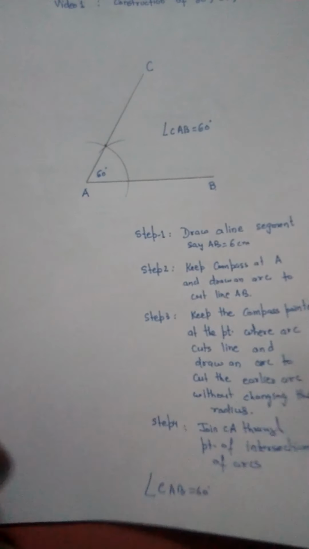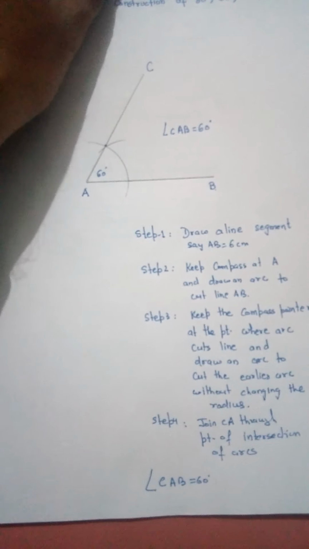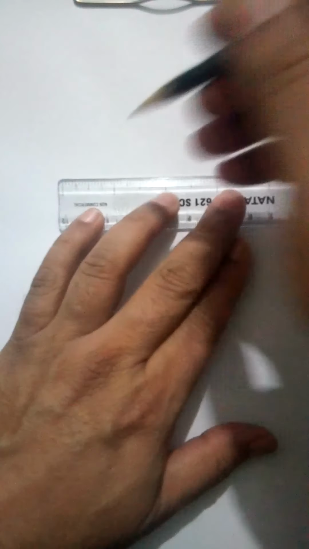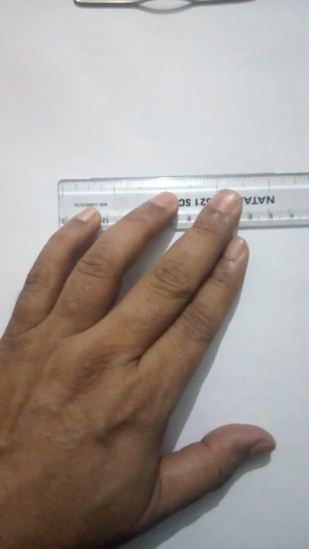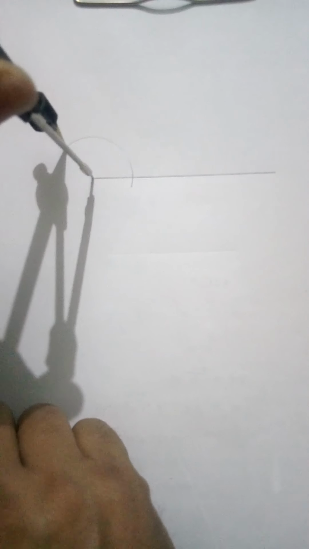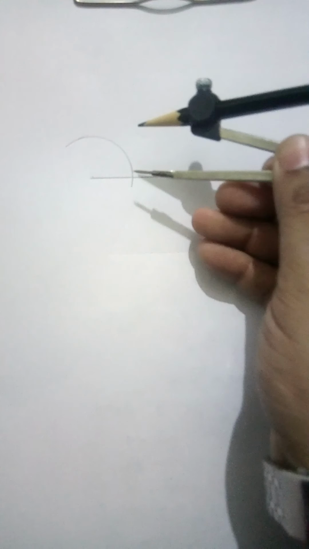Let us now construct 120 degrees. So how will we draw 120 degrees? So just have a look. 120 degrees is also very simple. First draw a straight line. Take the arc of suitable length. Keep the compass pointer at one of the ends, and this time draw a little longer arc. Now place the compass at the point where this arc is meeting the line, correct?